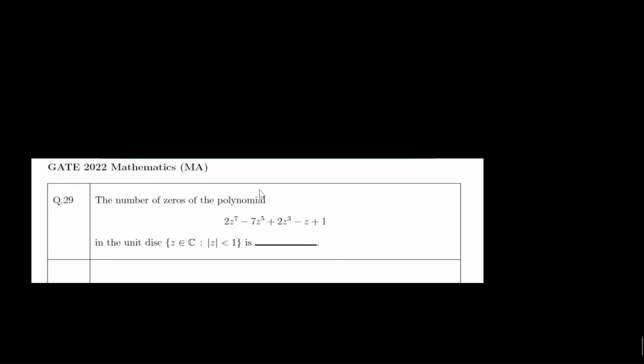Now the next question says that the number of zeros of the polynomial 2z^7 minus 7z^5 plus 2z^3 minus z plus 1 in the unit disk. This is clearly based on Rouche's theorem. The Rouche's theorem says that,